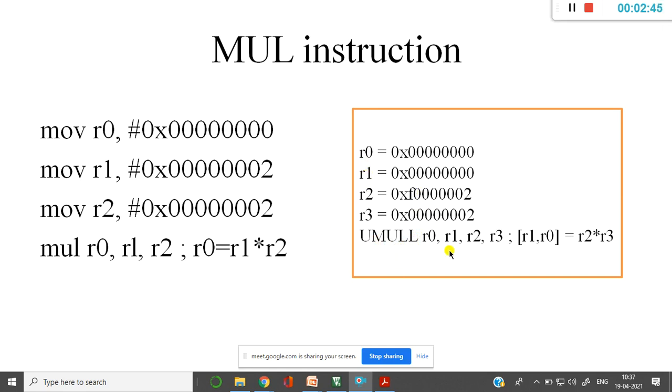If my data is of 32 bit or more than that, then I need to store the output, sometimes 64 bit. So I will be using 2 32-bit registers here. R0 is 32 bit, R1 is once again 32 bit, which store the multiplied value of the data that is present in R2 and R3 registers.